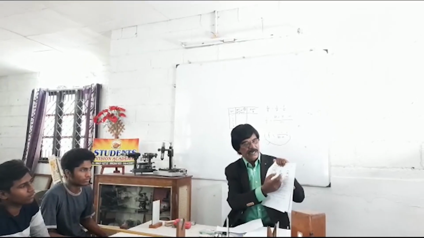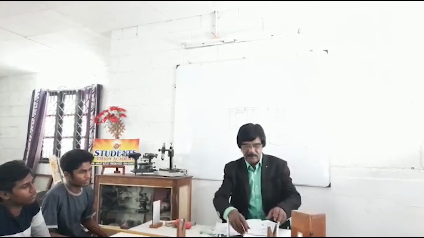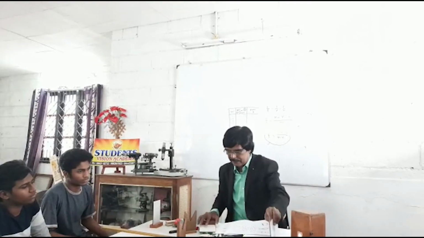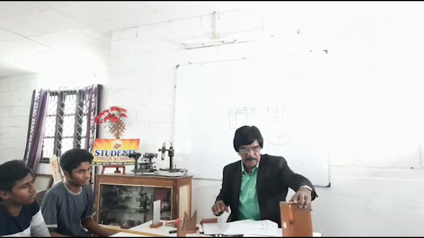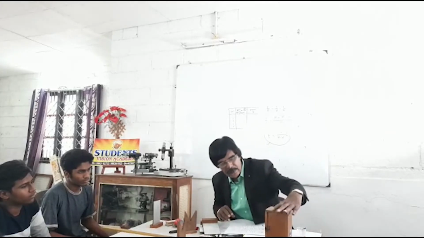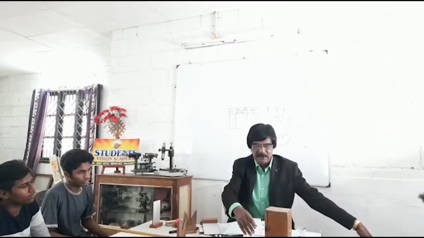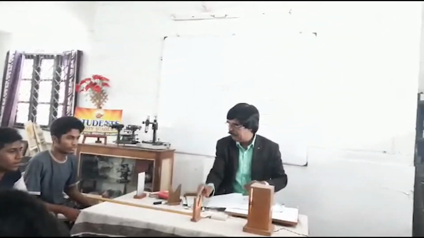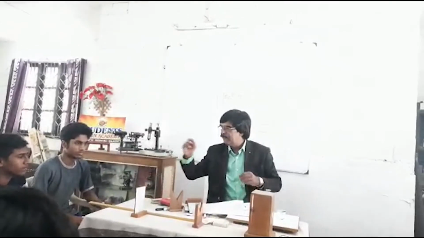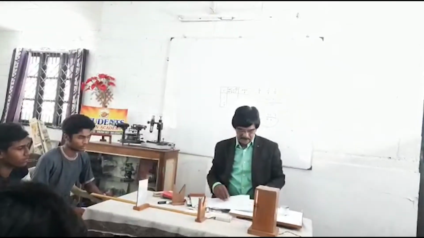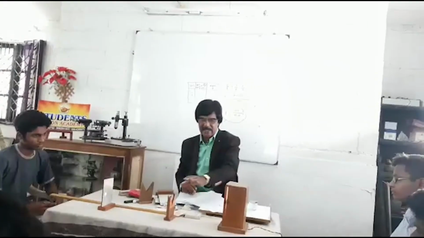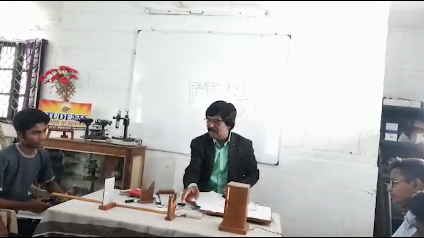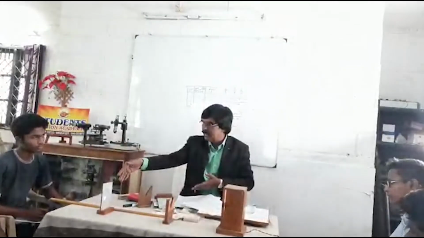The object is going to be an illuminated wire gauze. Now, we take this illuminated wire gauze. I keep it somewhere here. Now, just make this alright. Fine. And the lens is here. And the screen is going to be here. Right? Now listen. This is the object. This is the lens. Light rays come, refraction occurs. We are going to get the image here.